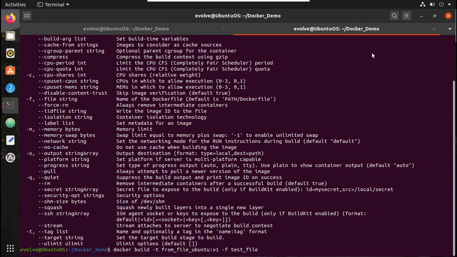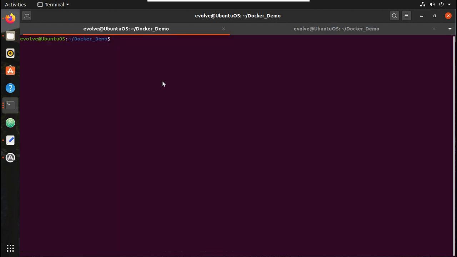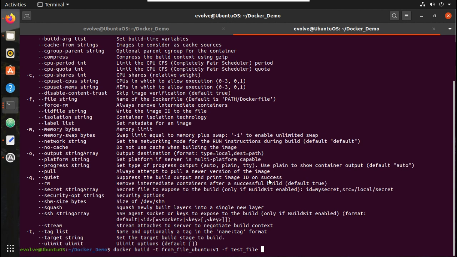If you don't give dot, you need to give the location. I'll copy this location. And if you're using the file name Docker file, you don't have to give even this file name, it will automatically fetch, and if you run the command, it will automatically run from that location. Now let's try running it.